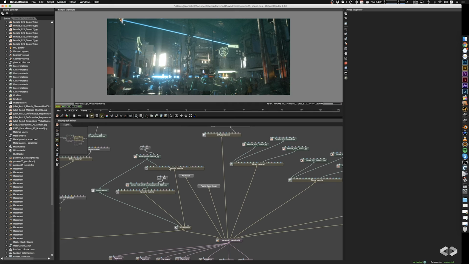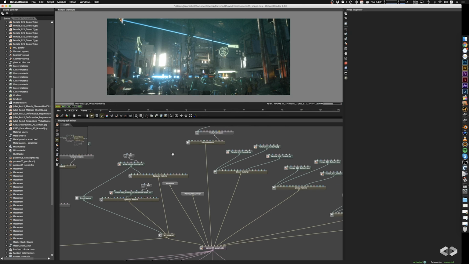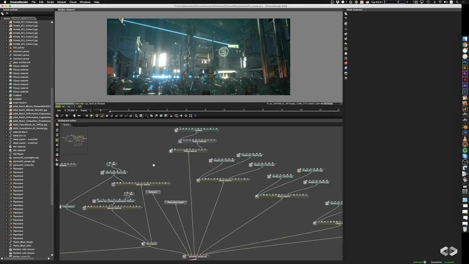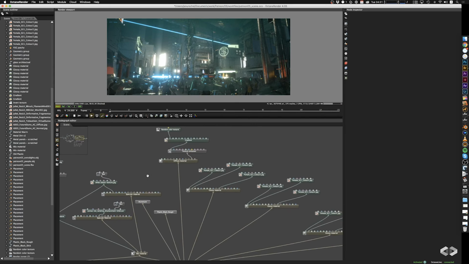I mix it with another specular material that has a plasticky crease texture applied, so I get all these shiny reflections of all the lights that I want. I plug it in together. I mix it. I invert that texture and mix it in the amount here, and I experimented a little bit, and it looks okay like that. There's probably easier or better ways to do that, but I like a bit of experimentation, and whatever works for me. I'm not the best shader person probably to ask, but